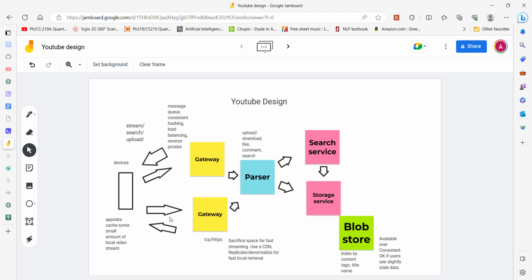So now, moving on to a typical workflow, let's say the client sends an upload request. This would send an upload along with the video content to the gateway, and this would be the message. This would just be forwarded to the parser if this is a valid request and none of the packets got dropped. And the parser would see that this is an upload, and it would send this to the storage